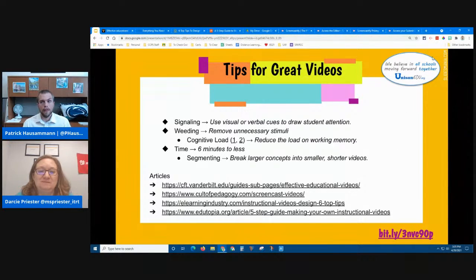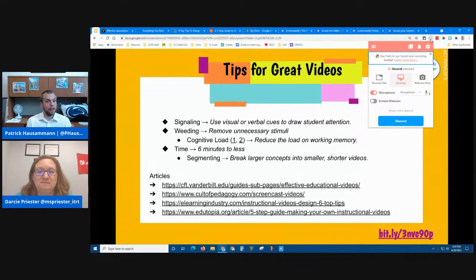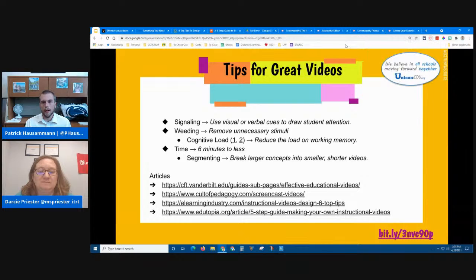So you'll hear me say, for instance, for Screencastify, up towards the top right of my screen, you're going to see the Screencastify icon for the extension. When you click that, you'll get this box again that'll show up in the top right. And you give those kind of cues, and you might say, look for the salmon colored arrow towards the top right. It helps to not only hear what you're saying, but visually draw yourself to a place,